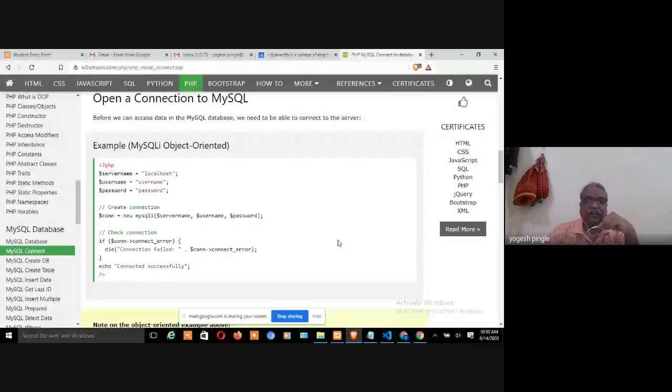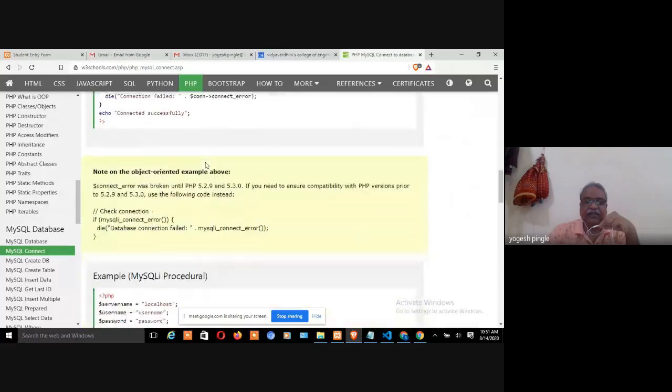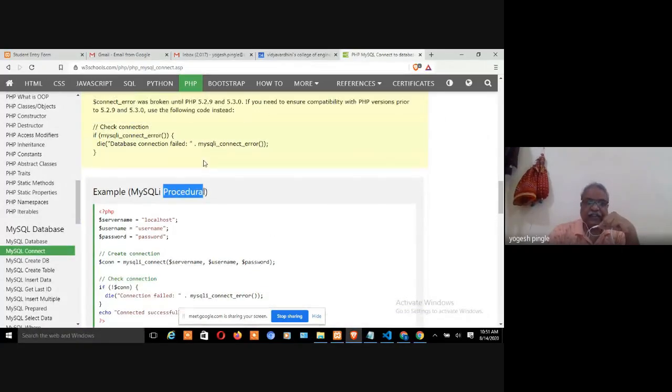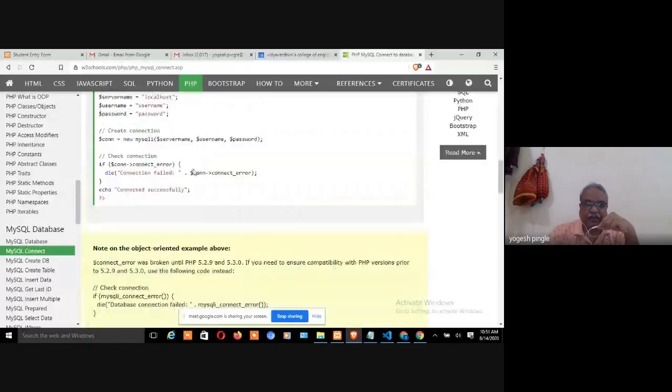Now, just a minute. Look at the syntax in MySQLi object oriented and in MySQLi procedural. What is the difference? Please look at the syntax. You can see that we have just studied this syntax. Do not start with the practical. Let me first clear the concept, and then you will understand why we are using it like that, then you do it.